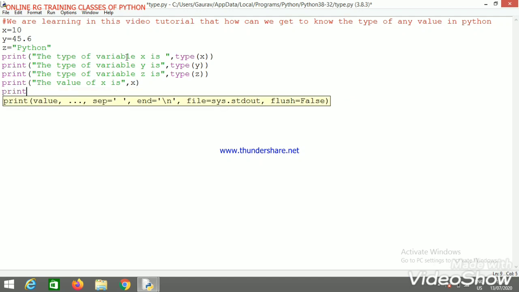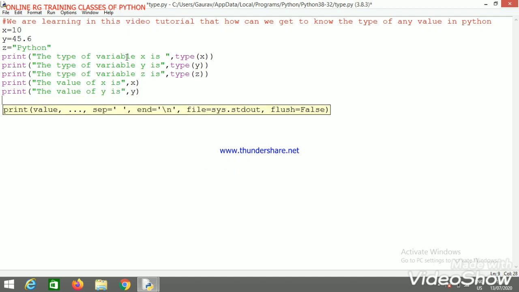In the same way, print the value of y is y, and then the value of z is z.